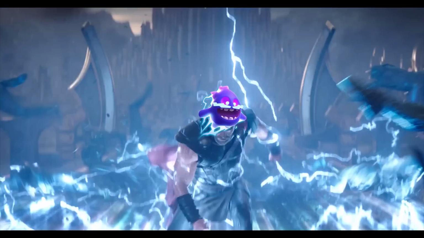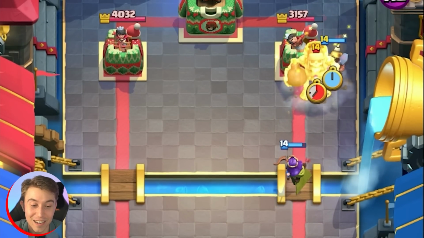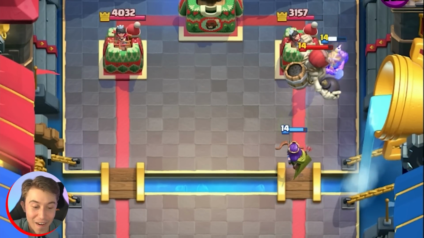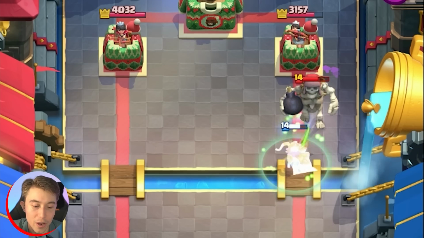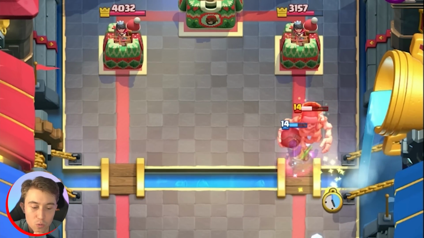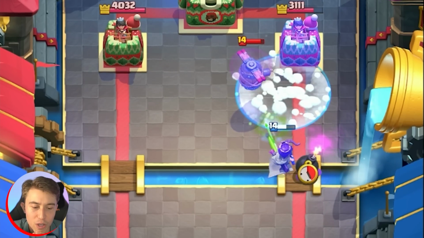Did you guys see that? That was pretty to watch. It just went all the way around the map. That Electro Spirit had a time-traveling journey. All right, I can go click the Archer Queen ability, but I don't want to do it too soon. One thing that I've realized when I play Archer Queen, I want to drop its ability right when the opponent's unit is nearby. Now we can go for an Ice Spirit and a Freeze to hopefully get some extra damage